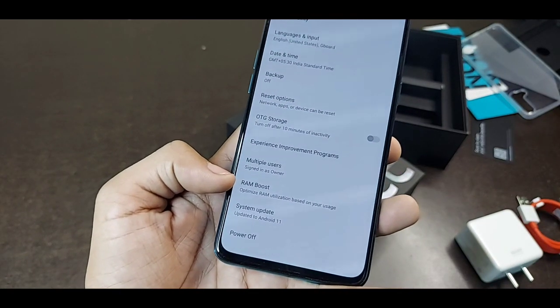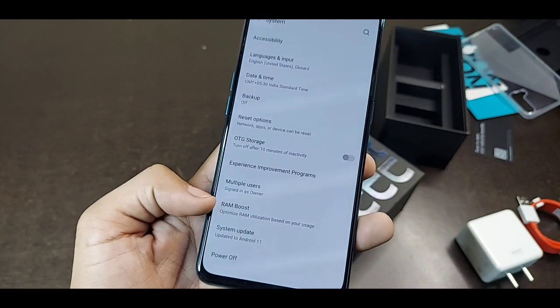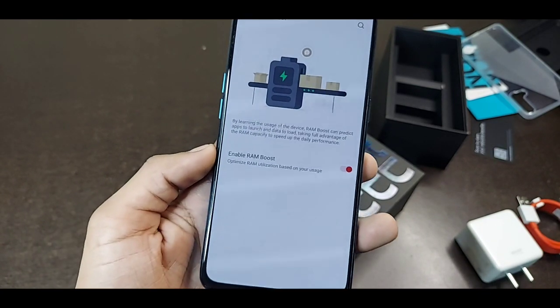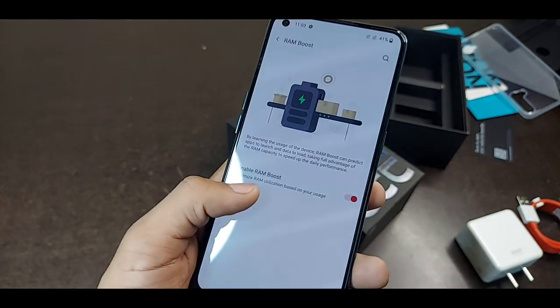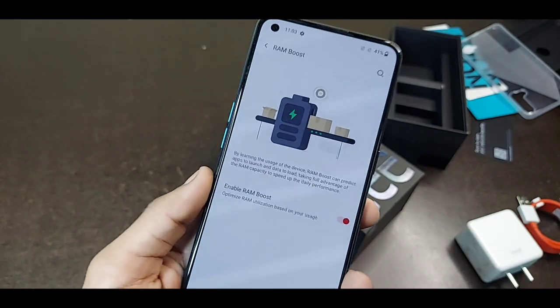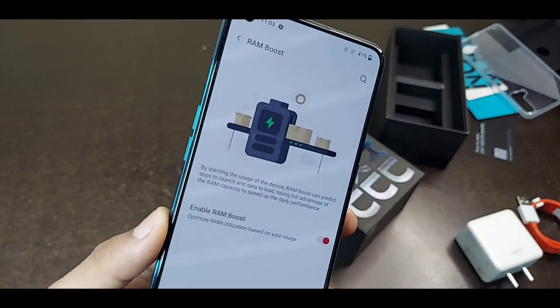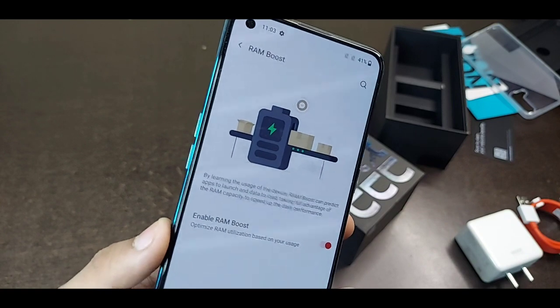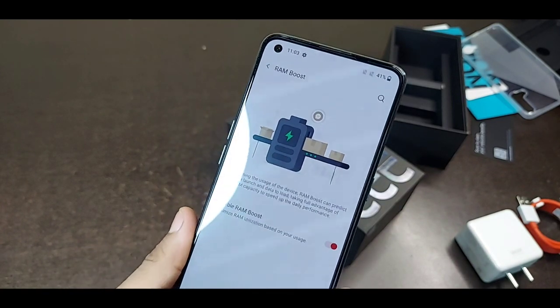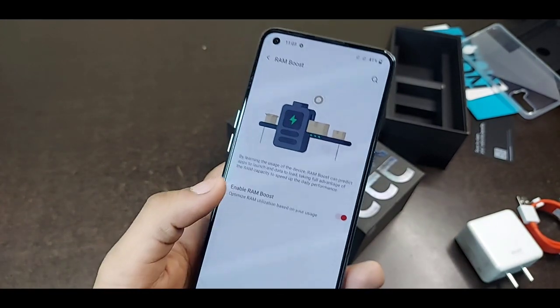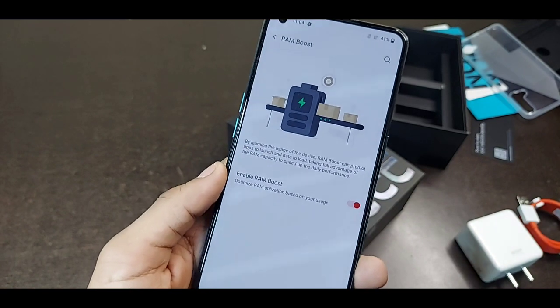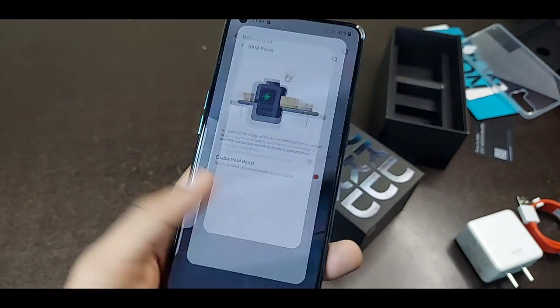Here you can optimize the utilization based on your storage usage. So in this option you have to enable RAM boost. This option usually makes some changes to your settings and optimizes the RAM to perform better than before. So you can easily enable this option to boost your RAM.